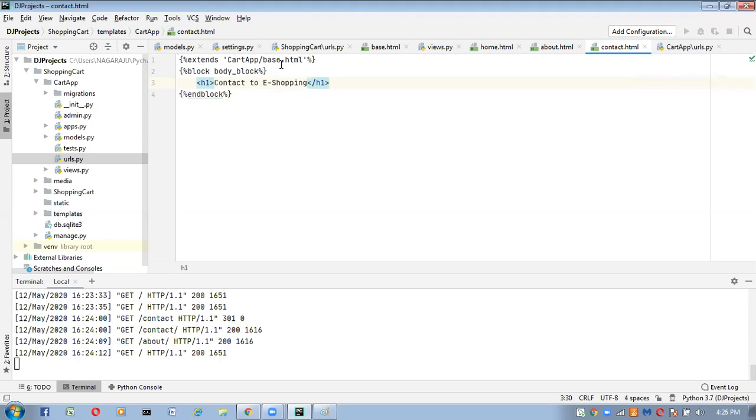By extending that base.html file, we are getting nav bars in each and every page. Here, two things we have to remember. By extending base.html, we get nav bar functionality into every page. Inside these blocks, we write the child HTML specific code. Now save this one, go back to browser.